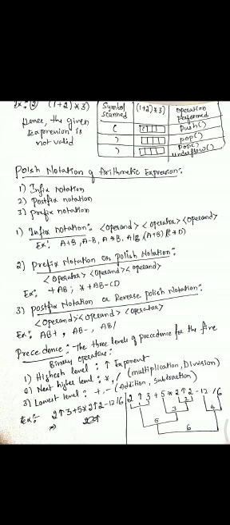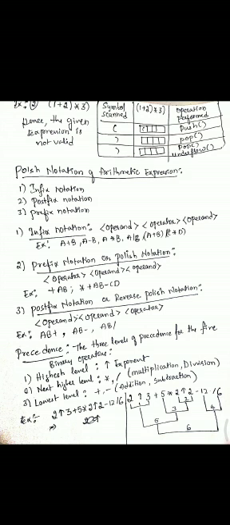And the third we have is postfix notation or reverse Polish notation. Postfix notation refers to the analogous notation in which the operator symbol is placed after its two operands. You could see operand, operand, followed by operator. An example of this is AB plus, AB minus, AB by, AB into. So postfix notation is also called suffix notation or reverse Polish notation.